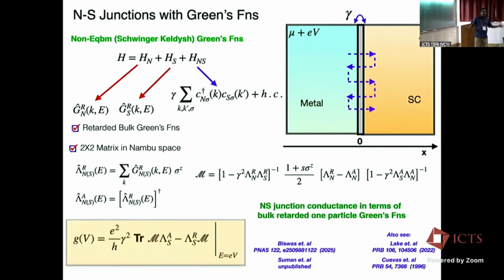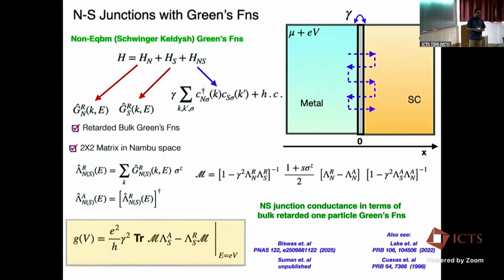So then you solve the problem. You say that, okay, there are these two bulk Green's functions, and there is a coupling between these two. Can I now solve the problem? And the problem is basically, you write down, I'm not giving you all the details, but the ultimate answer is that you can write down the conductance in terms of some complicated objects. The object that you ultimately write it down in terms of is simply a momentum integrated Green's function.